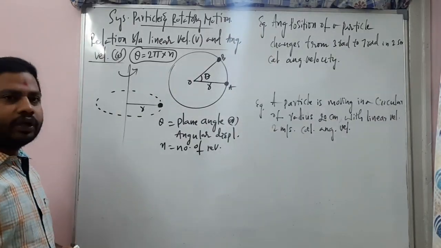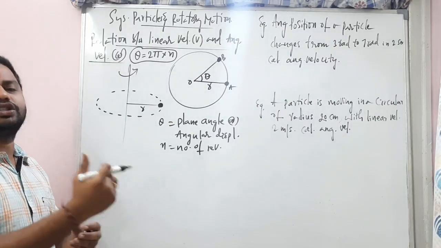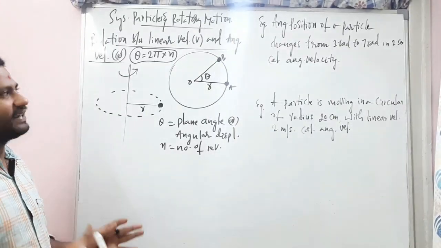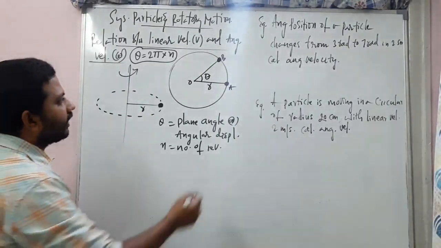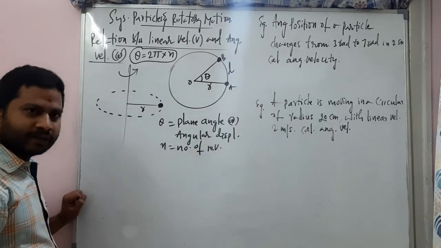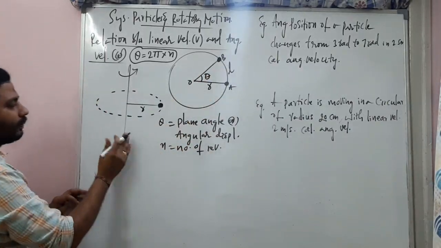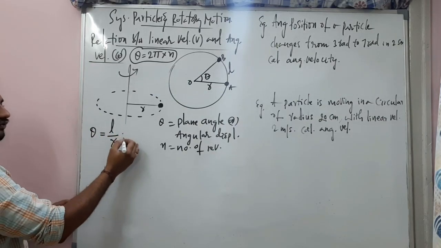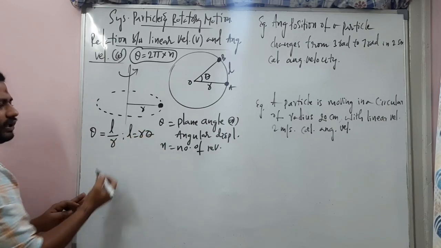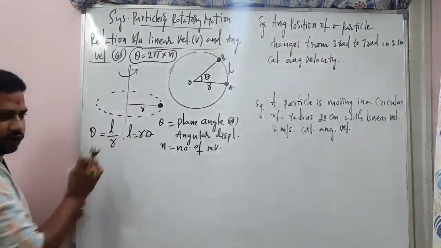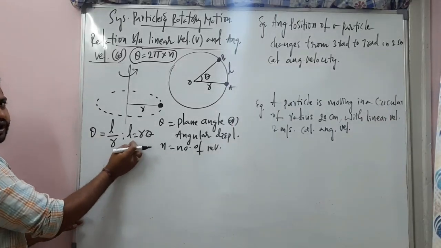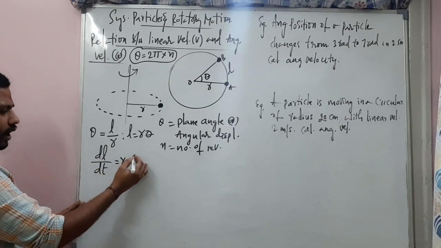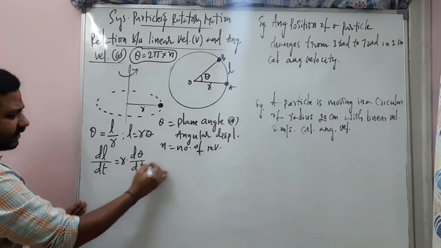Now, in the motion in a plane chapter, in laws of motion chapter, we have discussed all these things during circular motion. It is just a quick recap now. Carefully observe. This is called the length of the arc. We already know the equation for the plane angle theta, which is equal to L by R, and from here L is equal to R theta. I am just differentiating both sides with respect to time. So that will be dL by dt is equal to R into d theta by dt, my dear students.